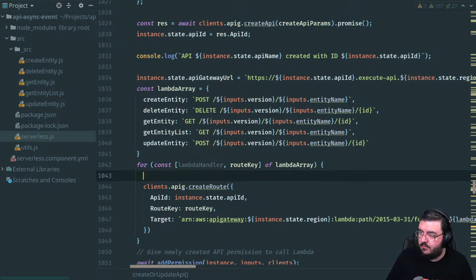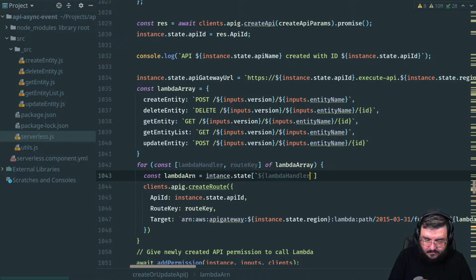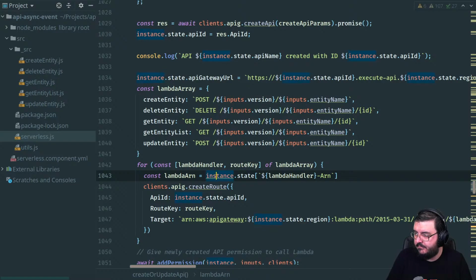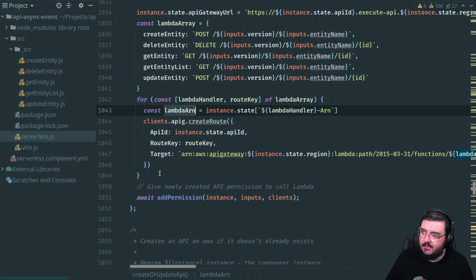Let's do const lambdaRn is equal to instance.state.gate.lambdaHandlerRn. That's instance spelled wrong. There we go. We defined lambdaRn there, and that's going to work here. Fine. Awesome. That's it. Wow, I love API Gateway v2. So much slicker. Damn.